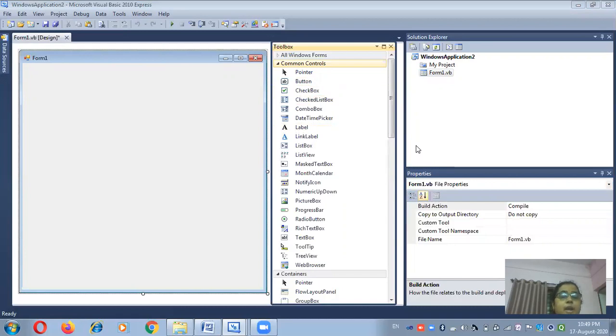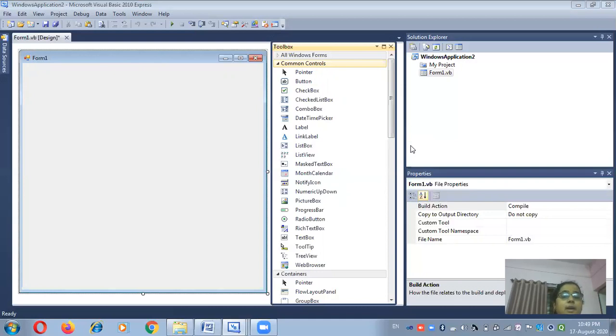For example, if you want to create such an application in C or C++, you require three variables. You declare those three variables of a specific data type, and then you write the main logic to add these two numbers, like C is equal to A plus B.